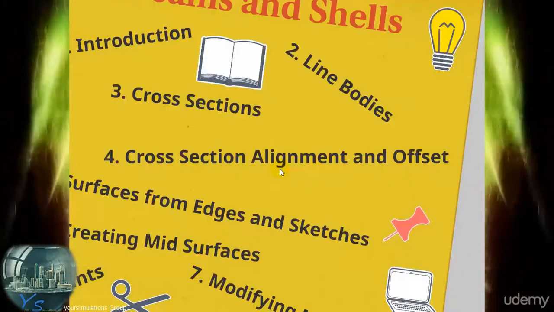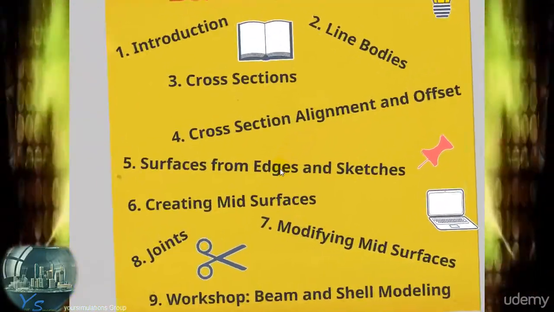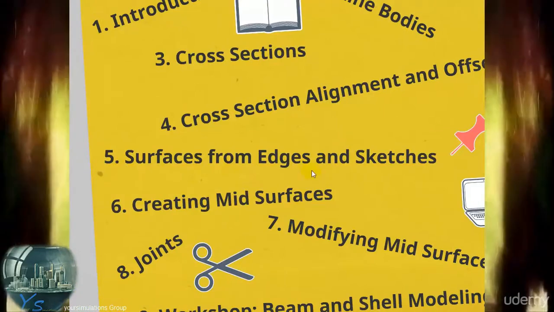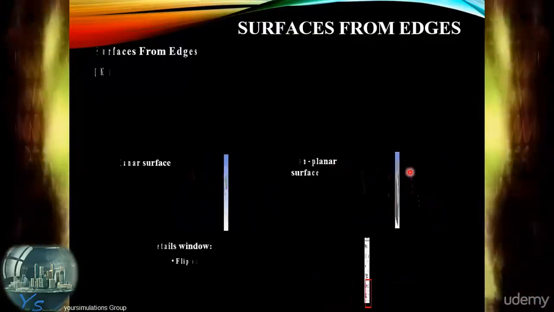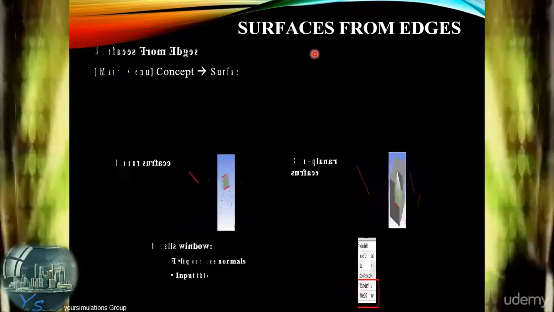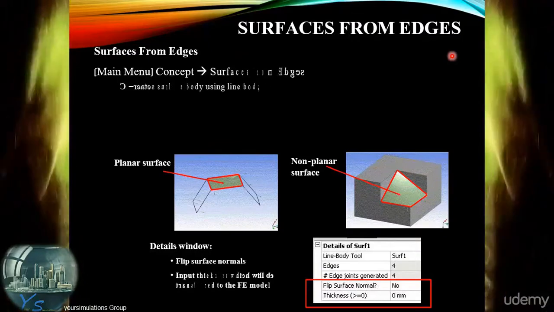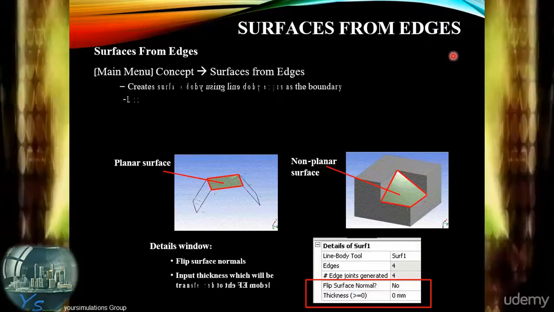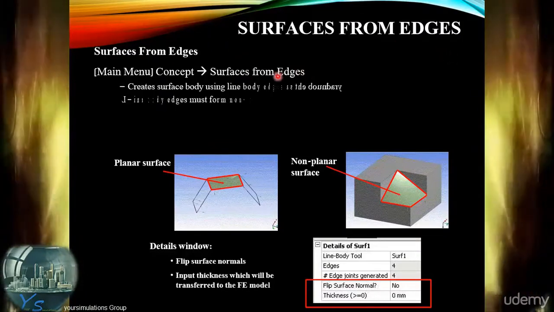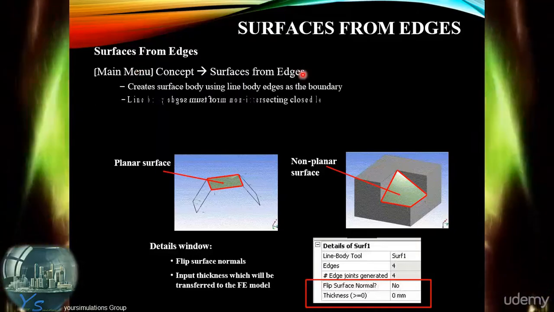We've talked about creating line bodies from lower topology geometry, and here we're moving up a step to create surface bodies, also from lower topology geometry. Here we can see the option to create surface bodies from edges, and that can be accessed by the Concept menu and dropping down to Surfaces from Edges, which will create a new operation on the left hand side of